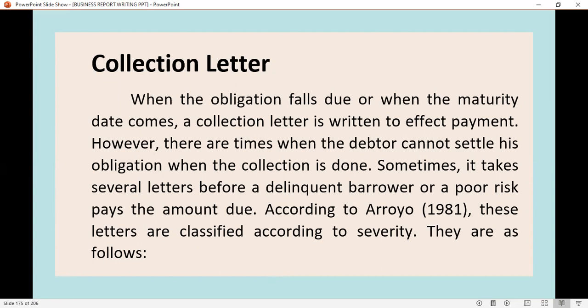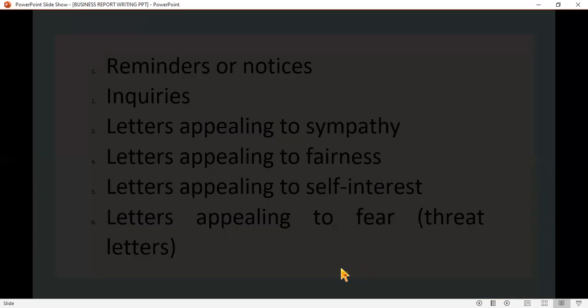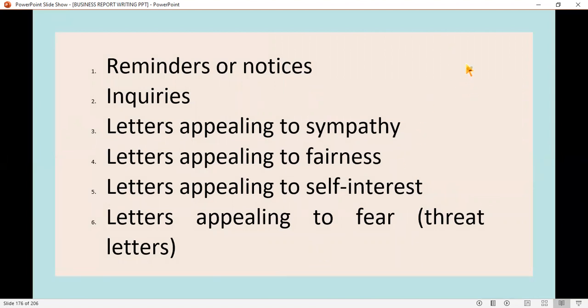According, so ayun po. And the sending of this letter or collection letter depends on the severity of the due that you have done. So merong first, second, and third. According to Arroyo 1981, these letters are classified according to severity. They are as follows. The first one, so there are 6. First letter will be just a reminder or a notice of the bill, unsettled bill. Next, inquiries, letters appealing to sympathy, letters appealing to fairness, letters appealing to self-interest, and letters appealing to fear or